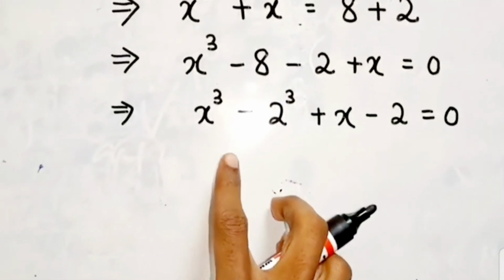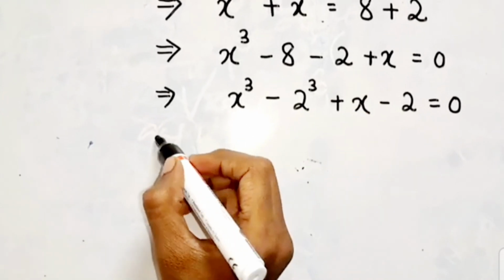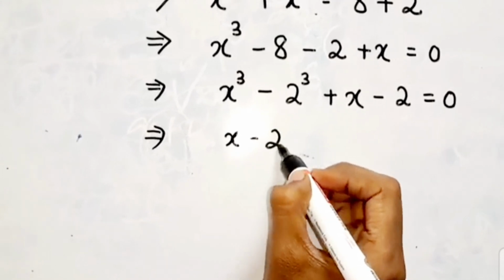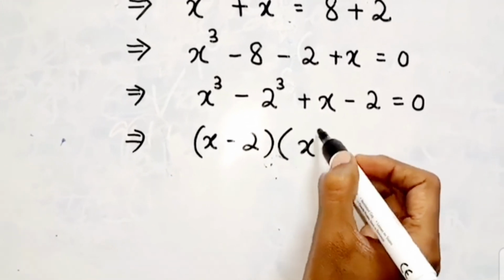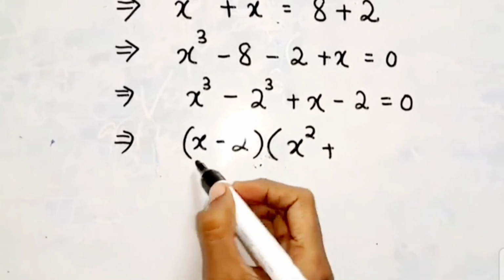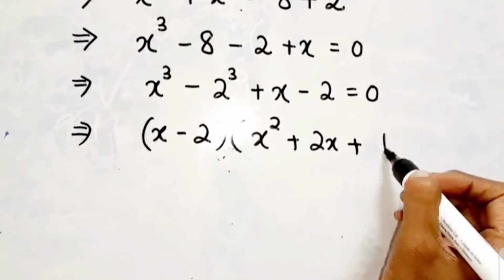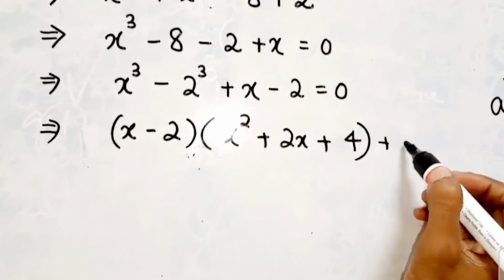Here we have x cube minus 2 cube, so this can be written as x minus 2, that is a minus b, multiplied by a square, which is x square, plus a times b, which is 2x, plus b square, which is 4. Okay, plus x minus 2 as it is